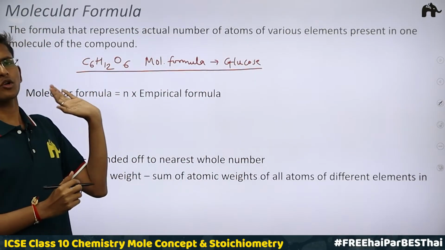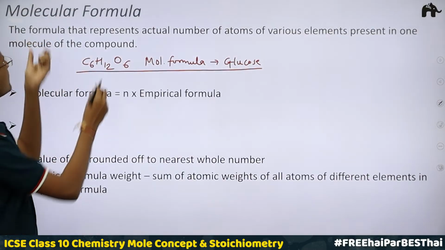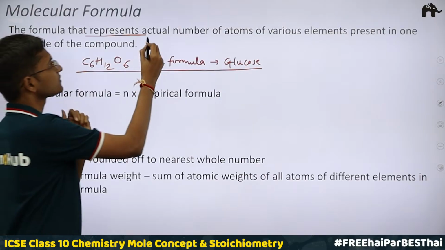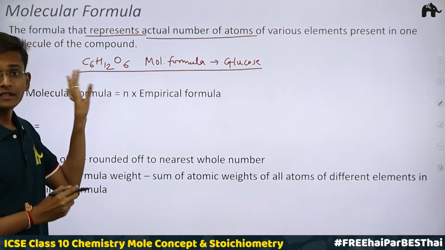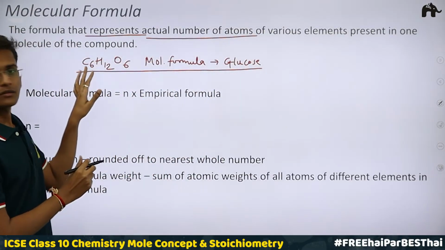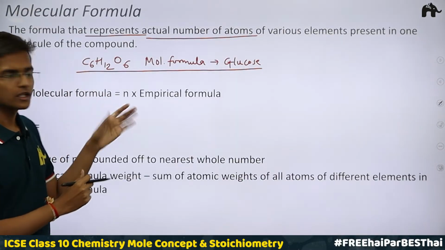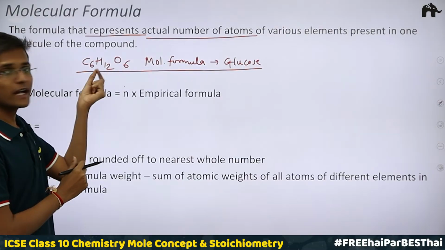See, what is the definition of molecular formula? It's very simple. It is the formula that represents the actual number of atoms. See, carbon is having 6 atoms, there are 6 atoms of carbon, 12 atoms of hydrogen, 6 atoms of oxygen. So these are the actual number of atoms,